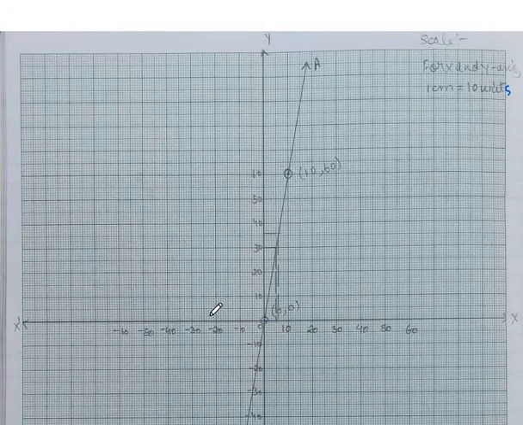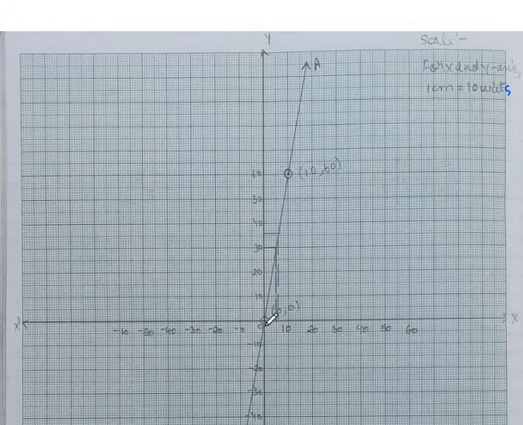Acceleration is taken by x. When acceleration is 5, it is coming here nearly. So from 5, by making a dotted line, you go up till your line. So till this straight line. So this point is coming 30. That means when acceleration produced is 5 meter per second square, force required is 30 Newton.